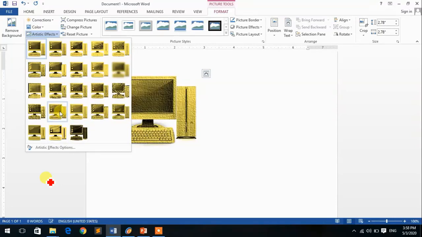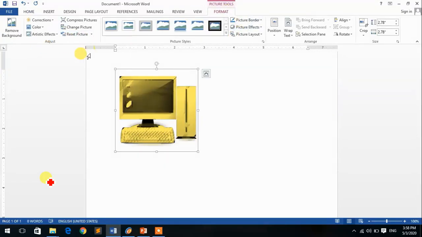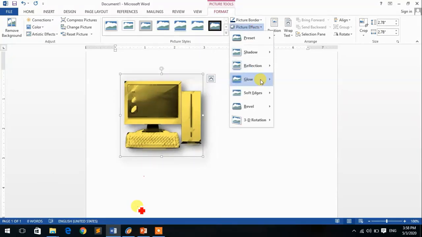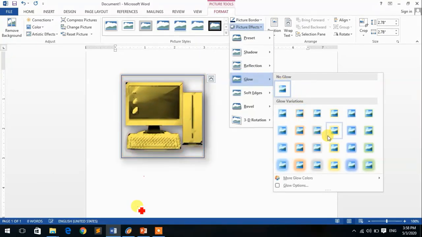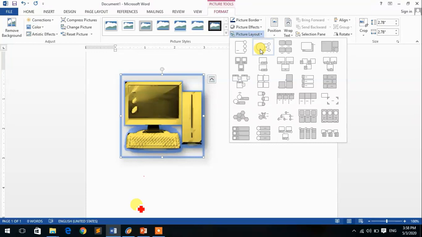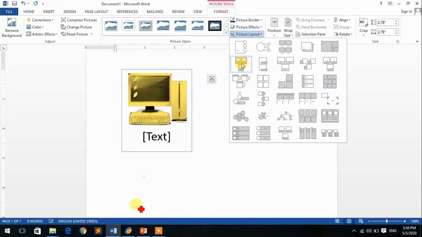Different artistic effects. We can give the picture effect. You can use the picture layout from here.